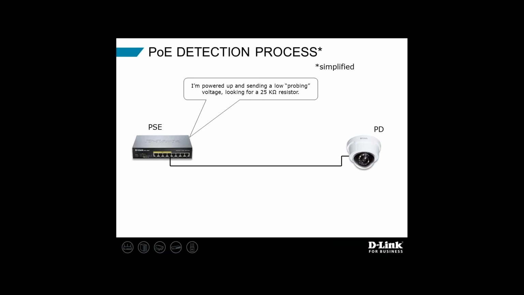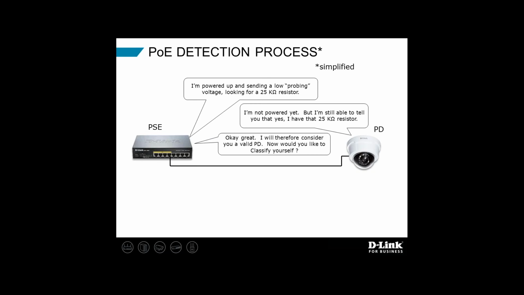So the first thing that happens here, after I cable my switch to my endpoint, in this case an IP camera, is the switch looks for that signature, and he does this by sending a very safe probing voltage. He's looking for basically a 25 k ohm resistor that hopefully he'll find in the PD. And so in our situation here, the PD says, well, I'm not even powered up yet, but I am able to tell you that, yes, I have that 25 k ohm resistor that you're looking for. And so the PSE would say, that's great, then I will consider you a valid PD, an industry standard